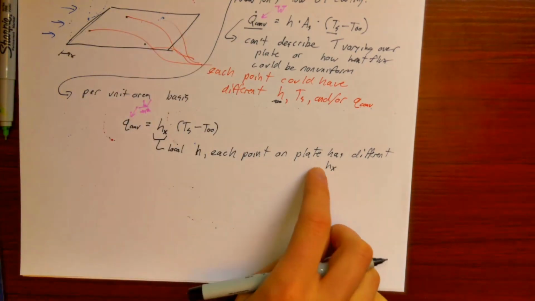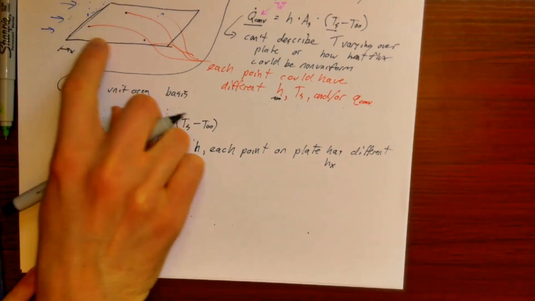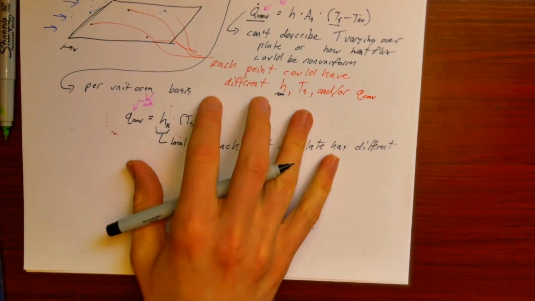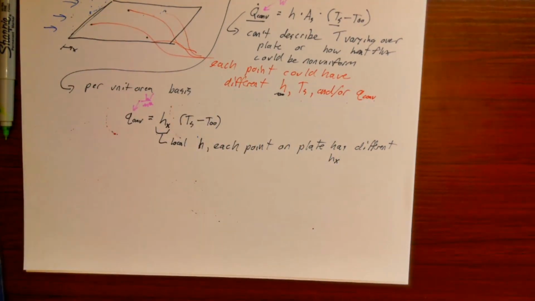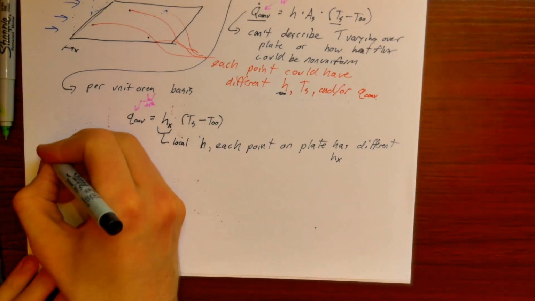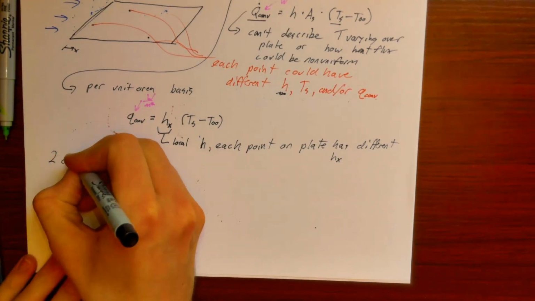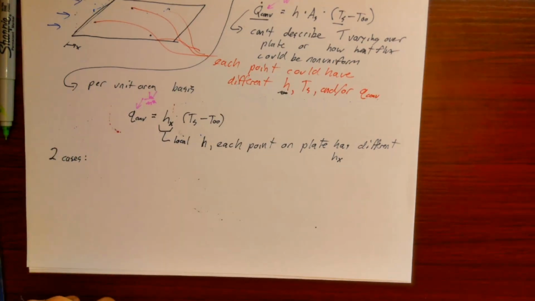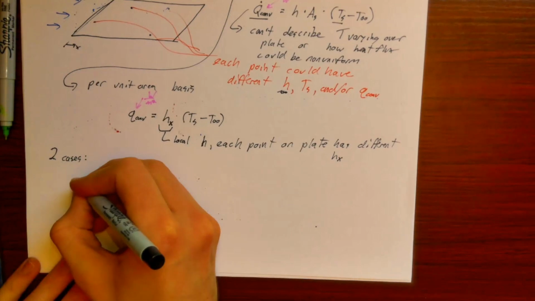And this positionally varying h sub x allows for this non-uniformity that we're trying to get at. So let's look at two cases that we might frequently encounter in bioengineering. Case 1,